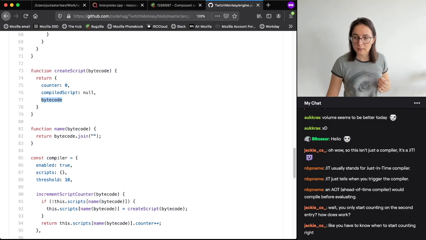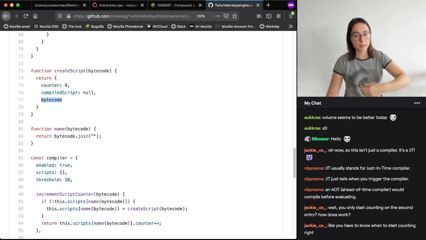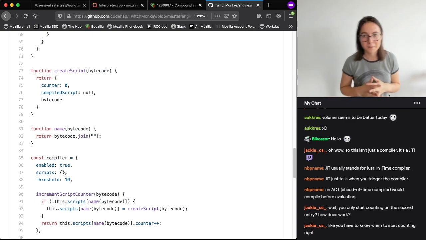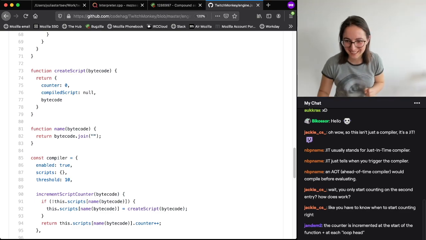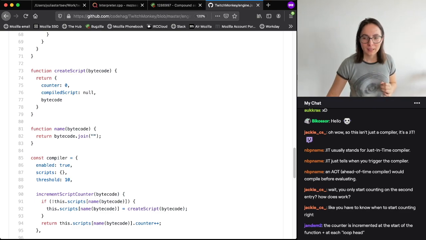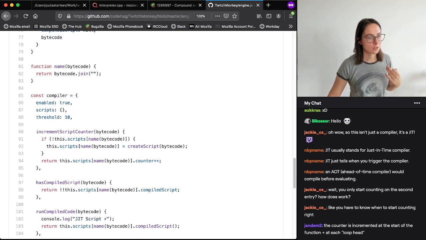So Jackie is asking about, we only start counting on the second entry. How does that work? We first have to exit the function and then re-enter it, and that's when we start counting. I think maybe one of the JIT engineers might be on the chat and might be able to more clearly explain that, because for me this is also new. I'm JIT learning as I teach this. Okay, so